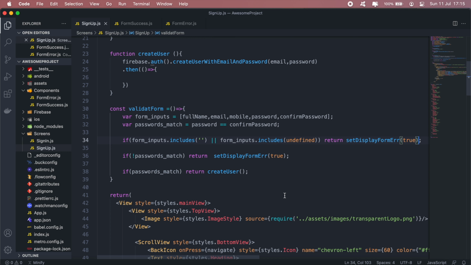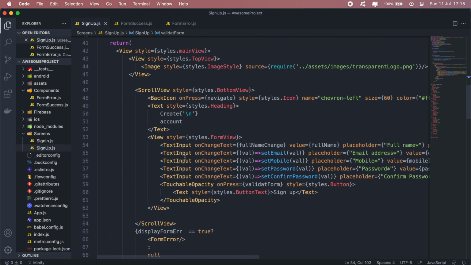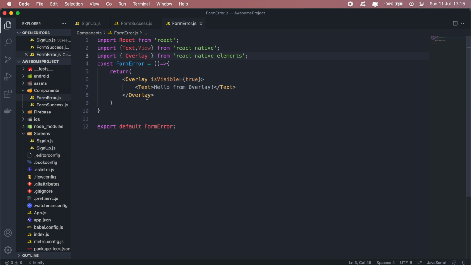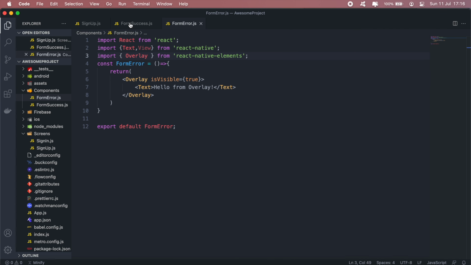Okay, so what should happen, our display form error state is false, but when it's set to true, it should display the form error component which we have here, and that is an overlay that says hello from overlay. So by default we should have nothing, but if I click on it, so if we just go back to